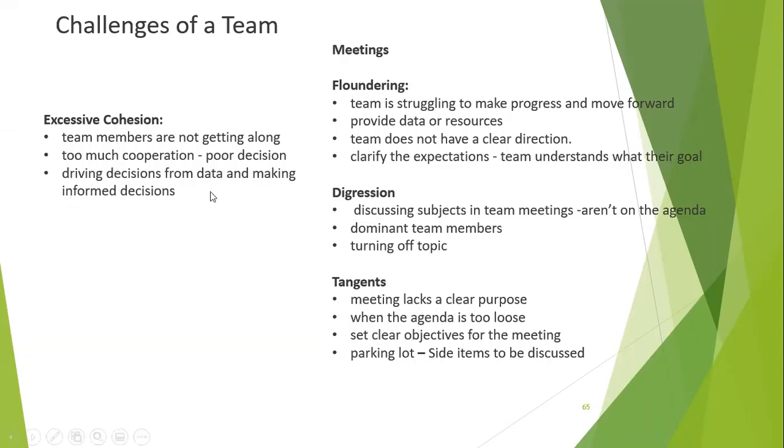Driving decisions with data and making informed decisions. Whenever you are projecting any decision to the team, if you have data, it will be clear. For example, if Matt comes back and says, boss, your decision is wrong, I may have to ask him, show me the data, why am I wrong? If the data proves that I am wrong, I have to accept it, because he has the data to prove that I'm incorrect. That's the way we are going to change ourselves and go along.